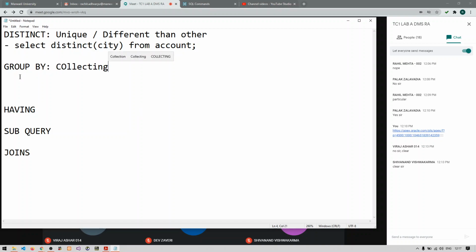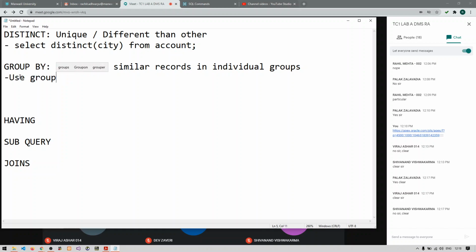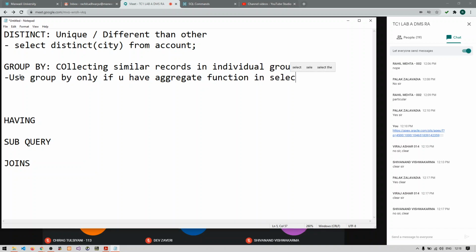Any doubts? Right? So now whenever we are using group by, use group by only if you have an aggregate function in the select clause.